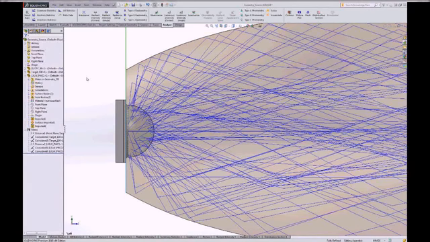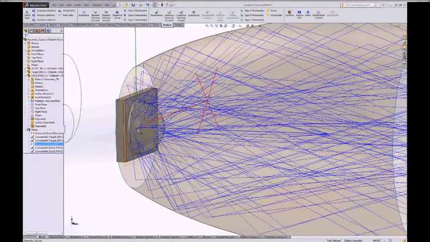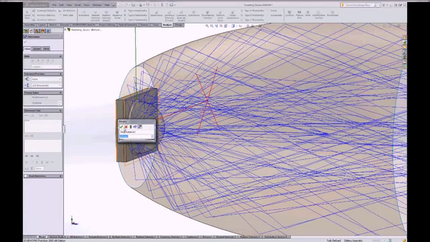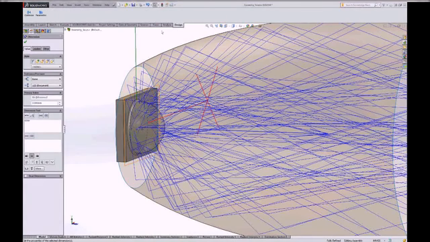Okay, again, we're fully defined. But if I rotate around, what I'm going to do is select that dimension. Okay, so I have the dimension active. Now what I'm going to do is go to my Design tab, and I'm going to choose to